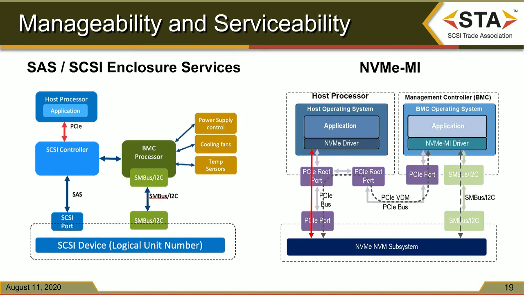So out-of-band, say for instance you were an enterprise server OEM and you support multiple operating systems like Linux, VMware and Windows, but you want one management console. The way to do that is to build all the management commands into this out-of-band management interface. So we have the NVMe command set that runs on top of SMBus. It also runs on top of PCIe, tunneled through the PCIe vendor-defined messages if you want.